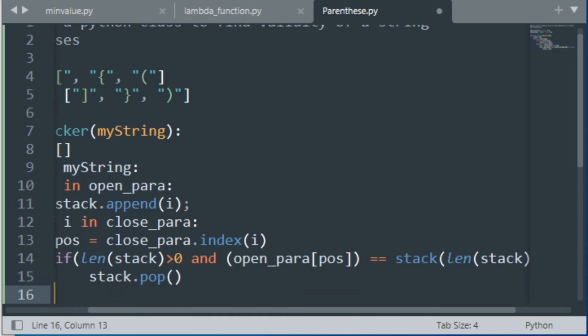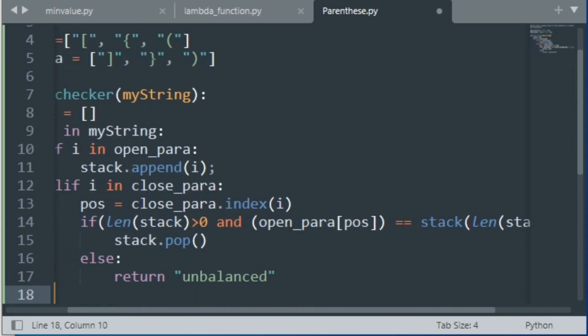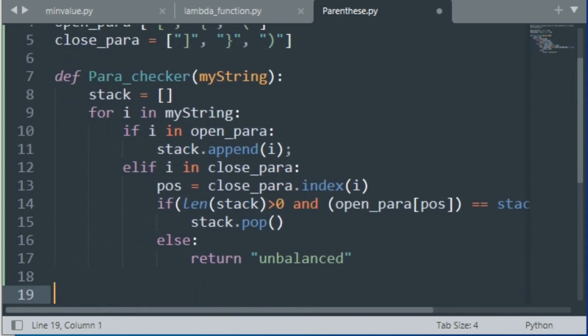And after this, if it does not equal the element of the stack, then it must be unbalanced. So we are going to return unbalanced here. After this, to return balanced, we need to check only the length of the stack.